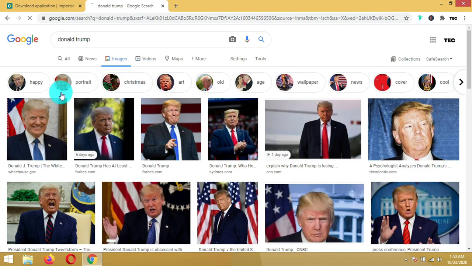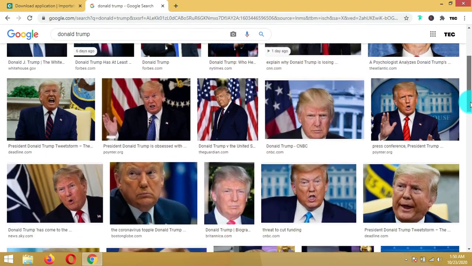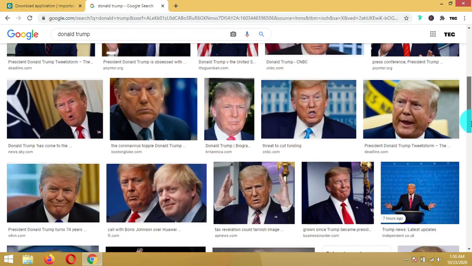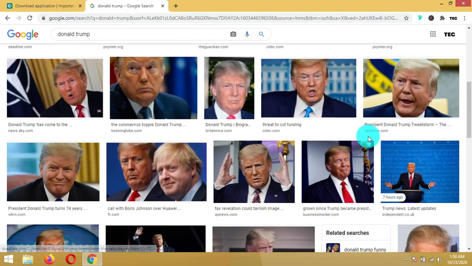They just go over here and right click and download any image they like from here. But the truth is that this place is a mix up of both copyright free and copyright images. As you can see, this image is from deadline.com, from cnbc.com, from bostonglobe.com. So getting any image directly from here is risky because majority of the images here are owned by brands which actually have copyright rules on them.